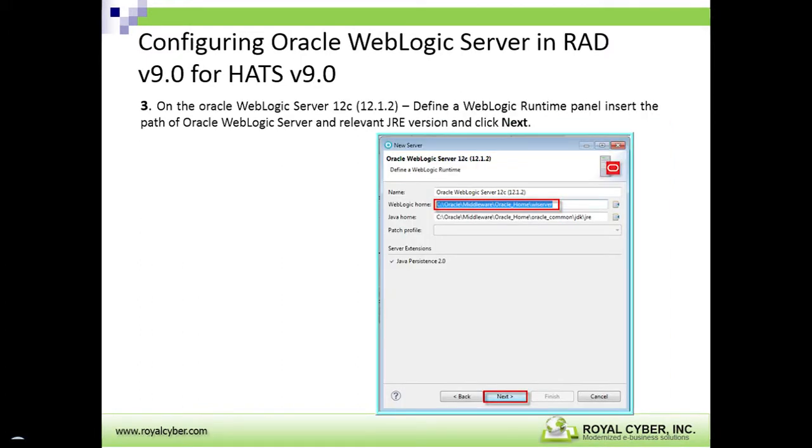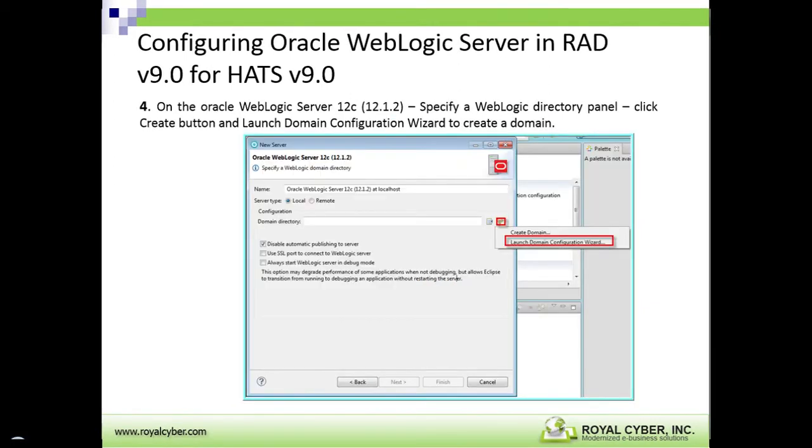On the Oracle WebLogic server tool, you see the define a WebLogic runtime panel. Insert the WebLogic server installation path and click next. You can see automatically the Java home directory will be given here.